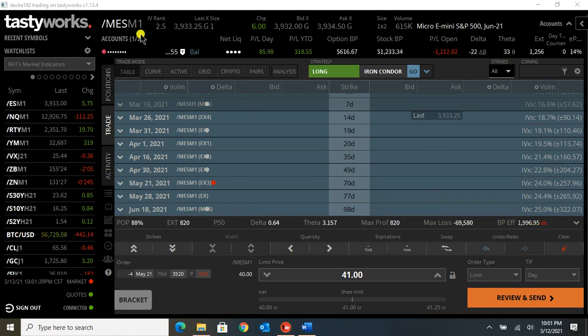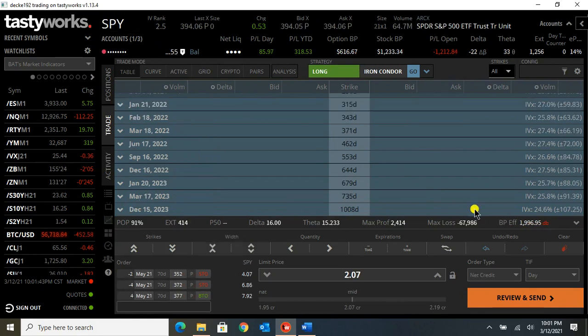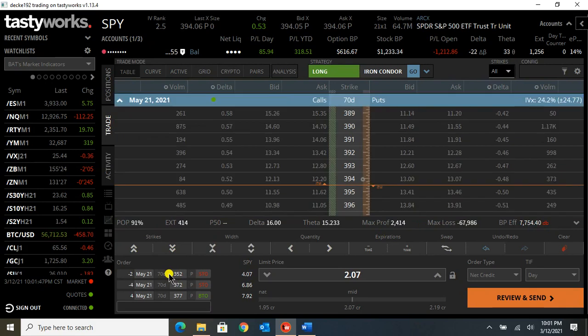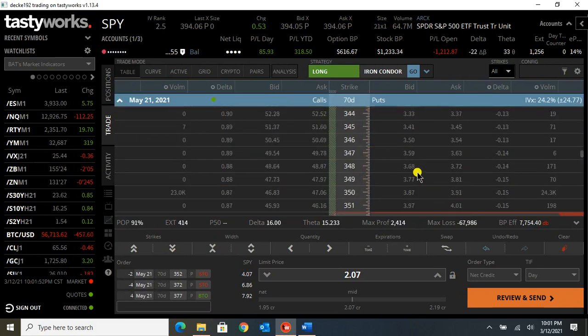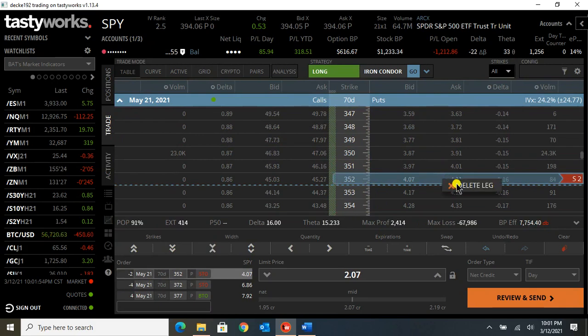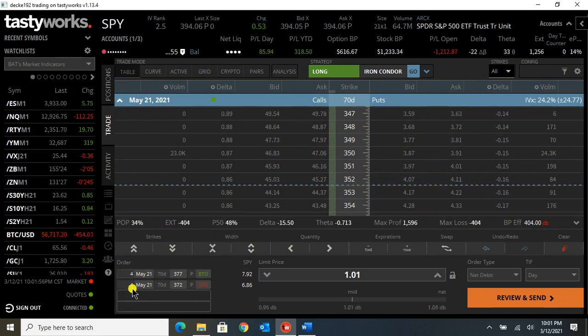Just a quick recap here. Since this is 2 separate products, you would do this in 2 separate trades. So in SPY, you would only do the debit spread. These short puts here I would not do. So I would do these 4